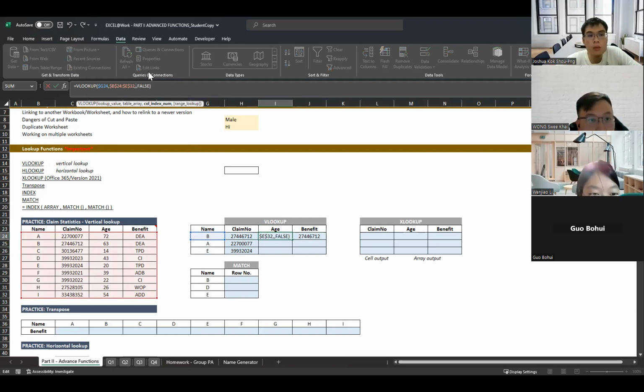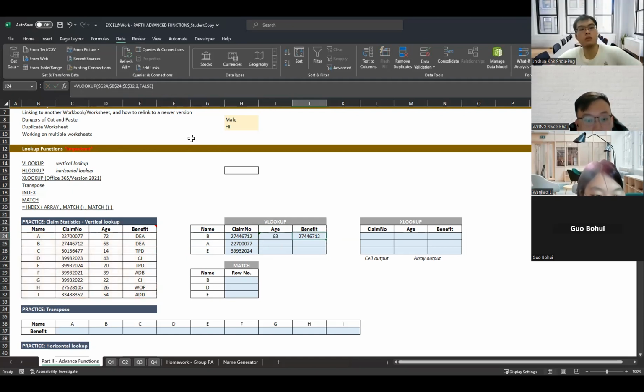3. Anyone? 3. Yes, correct. This column 3, right? And then you give me 63, and benefit will be 4. Okay, and then this will give me the rest of the answer.